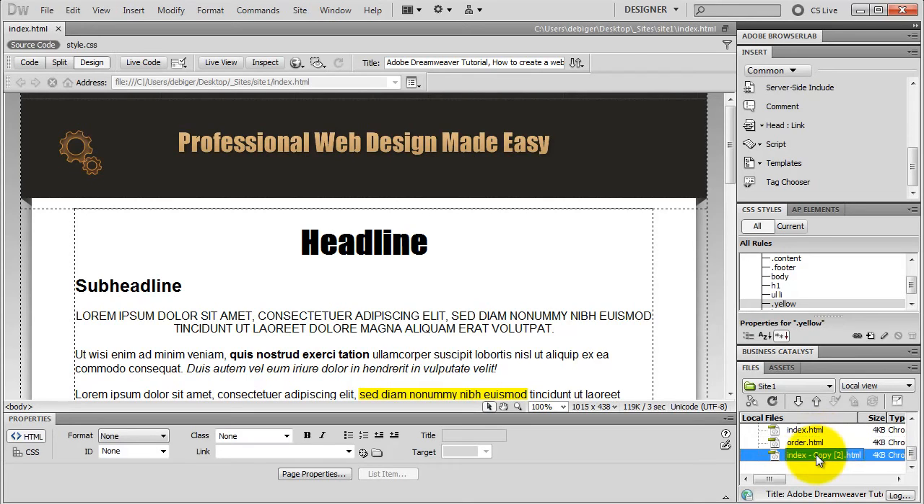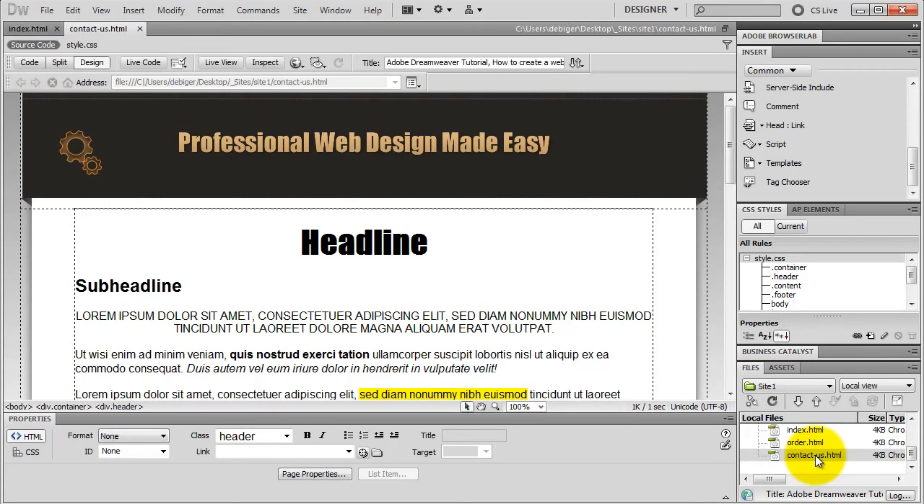Okay, and the other one as contact us.html. You can use a dash or an underscore to separate words in your file names. Either one is fine, but dash is more widely used. Okay, I open up my contact page, and I change the headline to contact us. I go to code view,